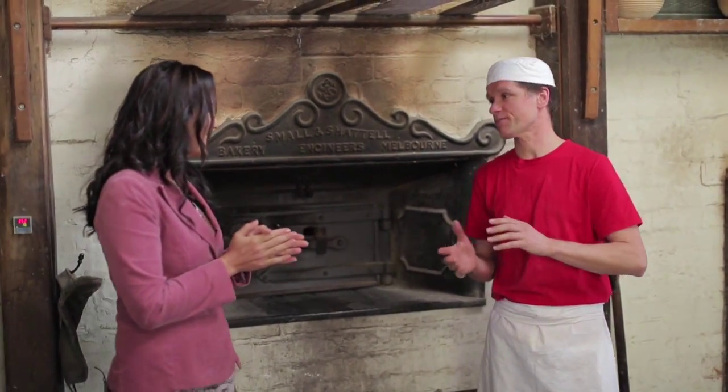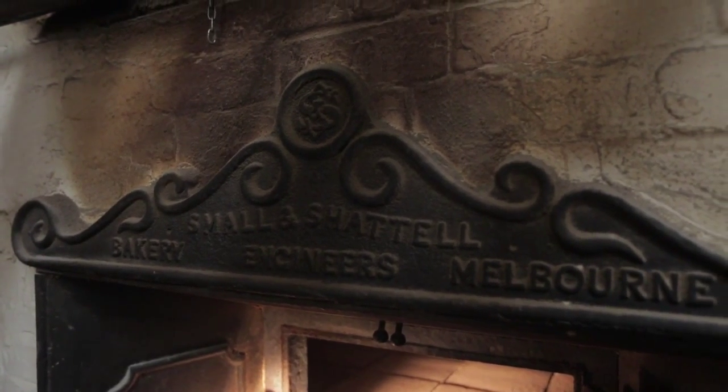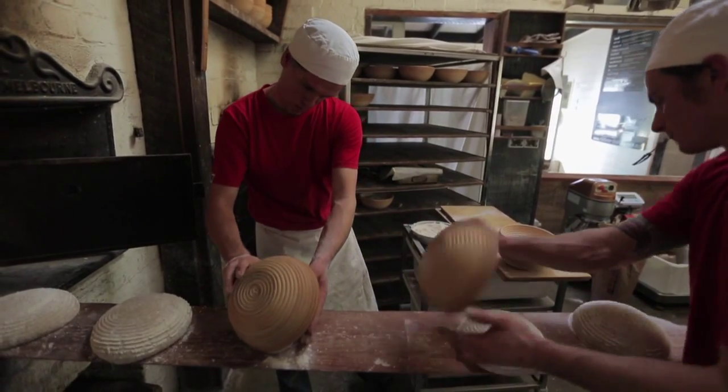Sure. This is a very special oven. It's called a Scotch oven. They're incredibly rare. We're very lucky to have it, in fact. They used to be very, very common right across Australia, but now there are very few of them left, unfortunately. It was built by a guild of Scottish baking engineers, and they're designed to give you the best possible loaf